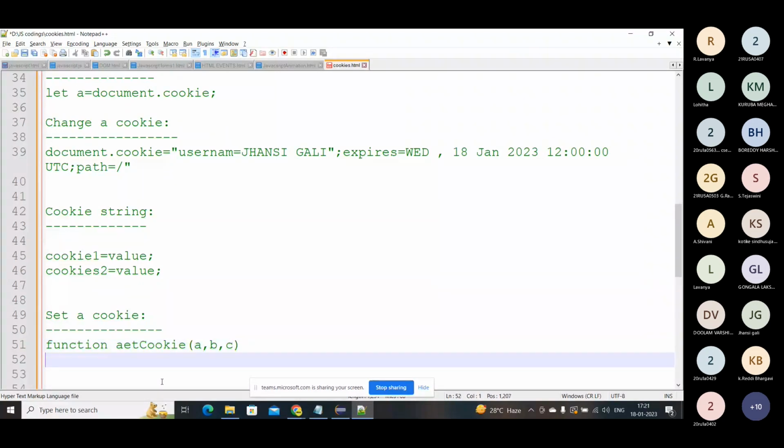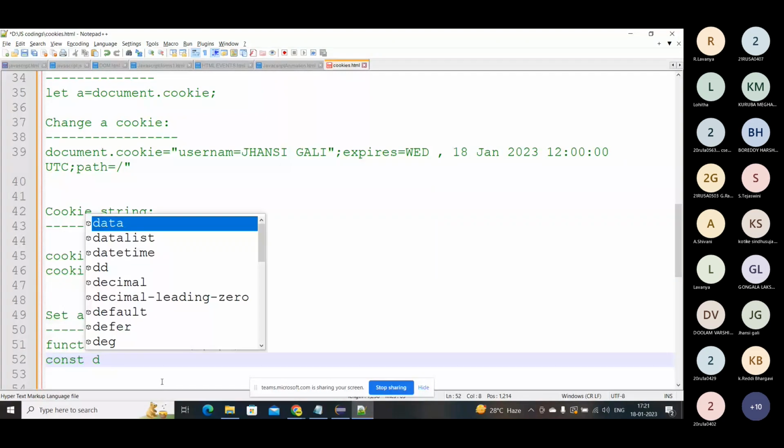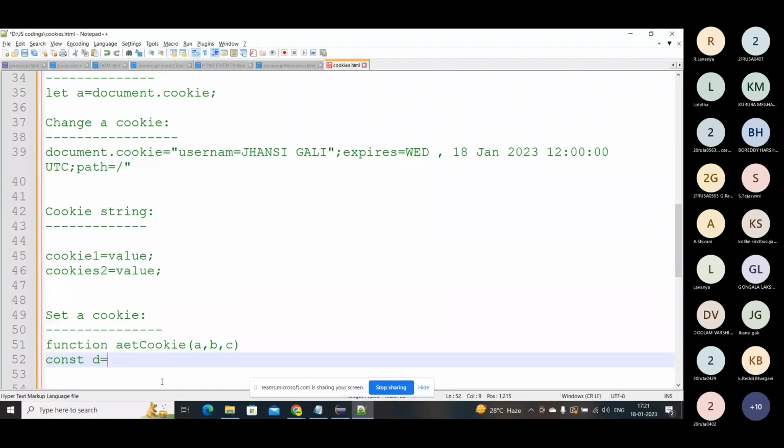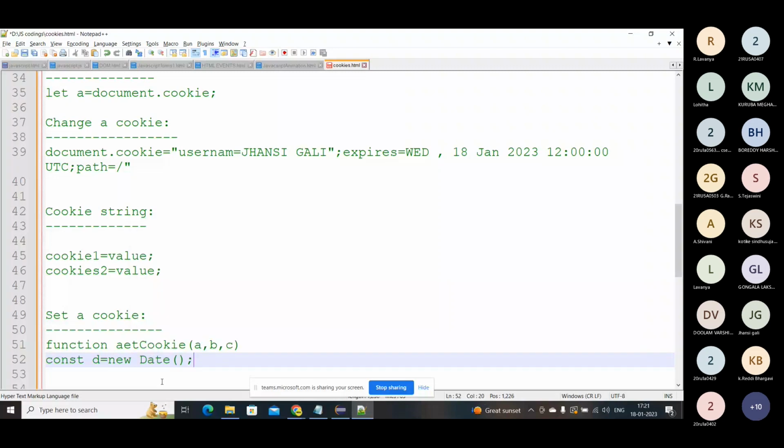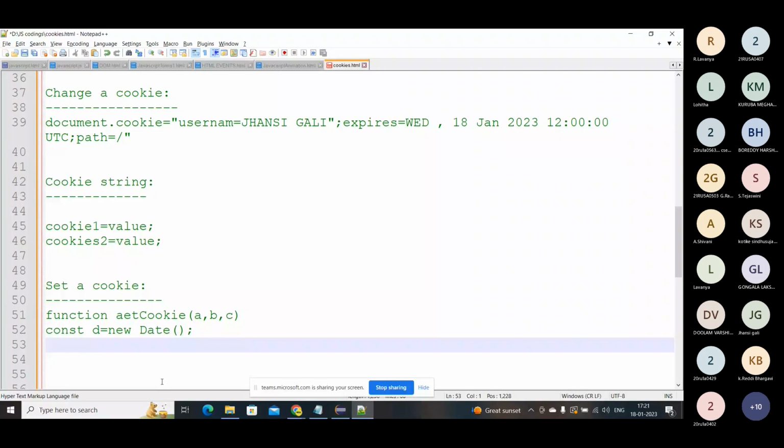And here const d, I'm going to fetch the date: new Date(). Then d.setTime. I'm going to set the time for this: d.getTime(). Also, to set a time I need the expiry days, right?